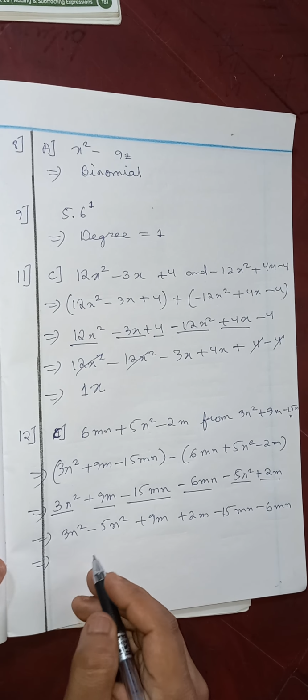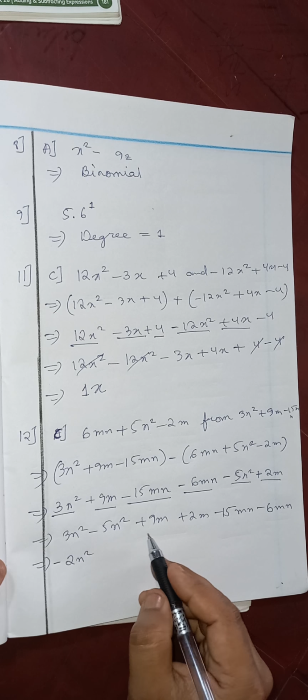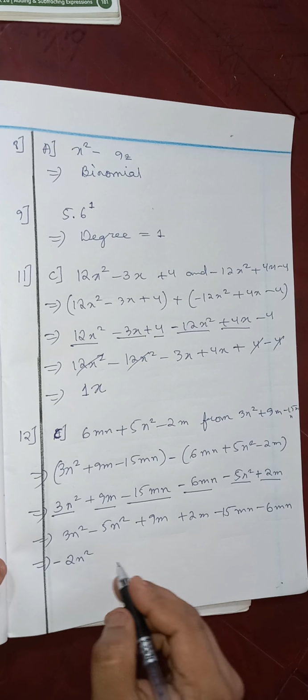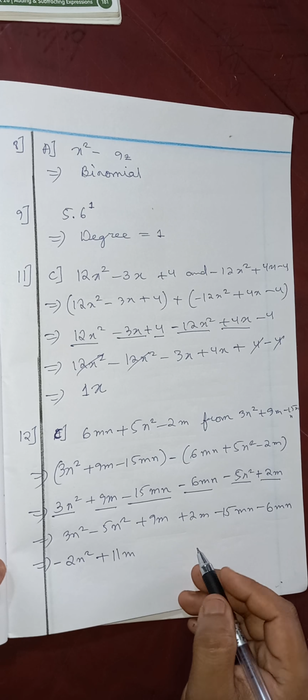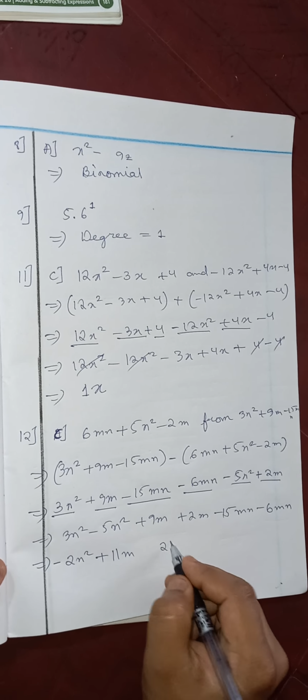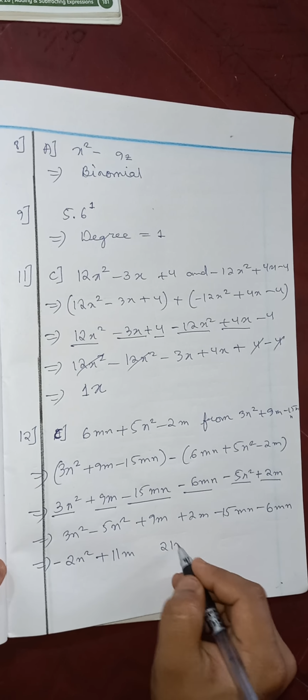So plus minus minus you have to do. So 5 apple minus 3 apple is going to be 2 apple, and since 5 is bigger, you have to keep minus. Similarly, 9 plus plus you have to do. So 9 plus 2 apple is going to be 11 apple, and the sign will be plus only because 9 is bigger than 2. So minus minus plus you have to do. So 15 apple plus 6 apple is going to be your 21 apple, but since 15 is bigger than 6, you have to keep minus. So this is the answer.